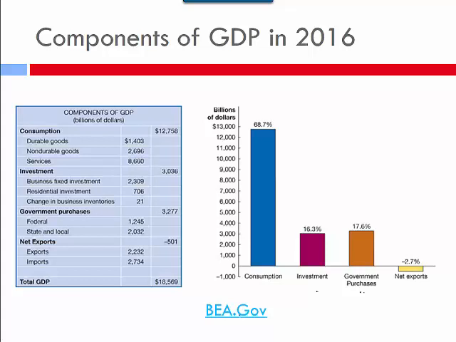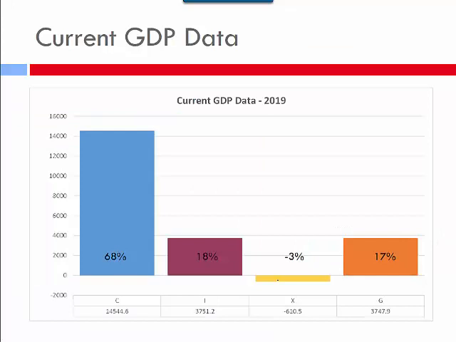And I have a link here to the BEA, where there's a lot of good stuff over there. So I went and got the current numbers for 2019. They had the first half of 2020, but they don't have obviously the full year yet. So the last complete year was 2019, and so you can see it's still 68%. I should have flipped those around, but investment and government spending are about the same. Net exports is a little bit more negative, which means we're importing a little bit more than we're exporting.